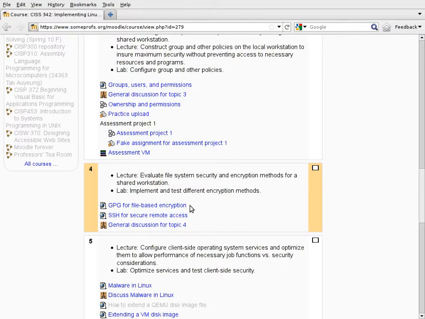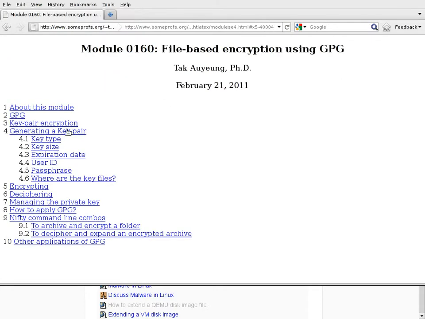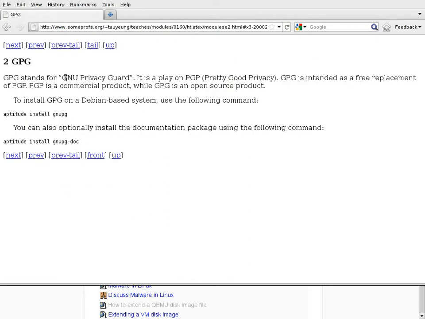So the first thing is we will switch to the note here and take a look at the note itself. GPG stands for GNU Privacy Guard, which is a play on the name of PGP, which is a non-open source product, Pretty Good Privacy. GPG is, as all GNU products, open source, and there's no need to pay any money. It's free as in free beer, and also free as in freedom, which means you can look at the source code, make changes to it, and also